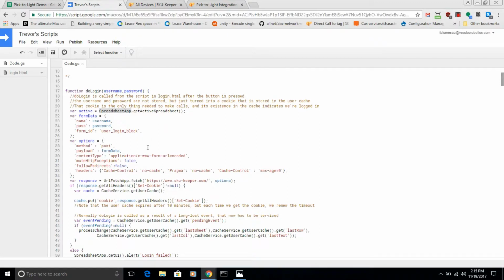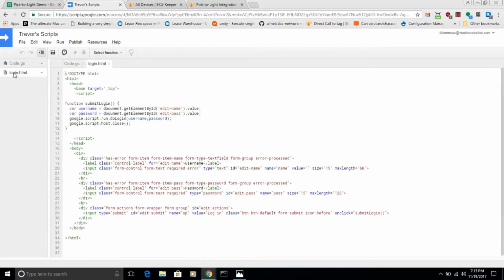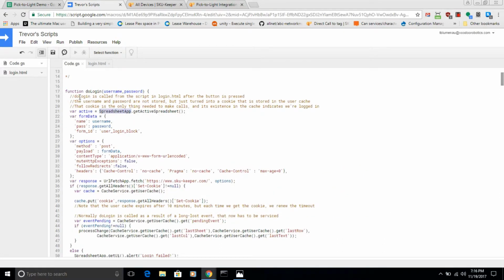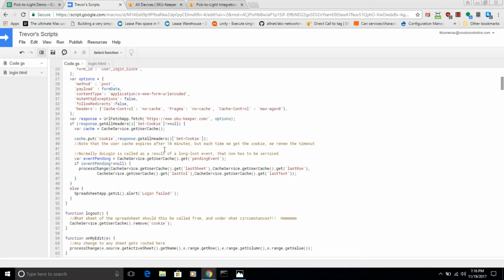Okay, so you can see the do login over here. Notice also that there's some HTML here as well, a login HTML page with some actual JavaScript that runs when a person actually clicks on the login. And so you can see what happens when you execute the login procedure. I'm not going to go through every single line of code, but you can see here that I'm basically getting the cookie out of the response header and storing it in this cache. And then